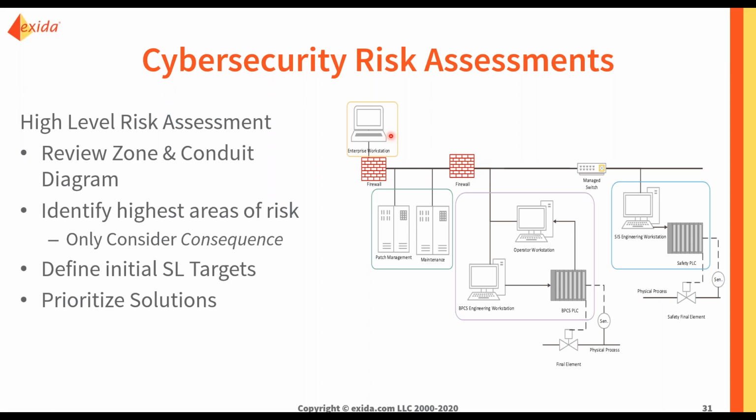It certainly has some impact, but it's not really leading to an impact on operations or some sort of business interruption. But if we talk about the engineering workstation for the basic process control system or the PLC there, now we talk about a compromise that could be modifying the operation of the plant. Valves could be moving, set points could be changed. There's the potential for a real world consequence and significant damage or even some sort of safety concern. So that's something that we would look at as potentially having a higher consequence that we need to look at